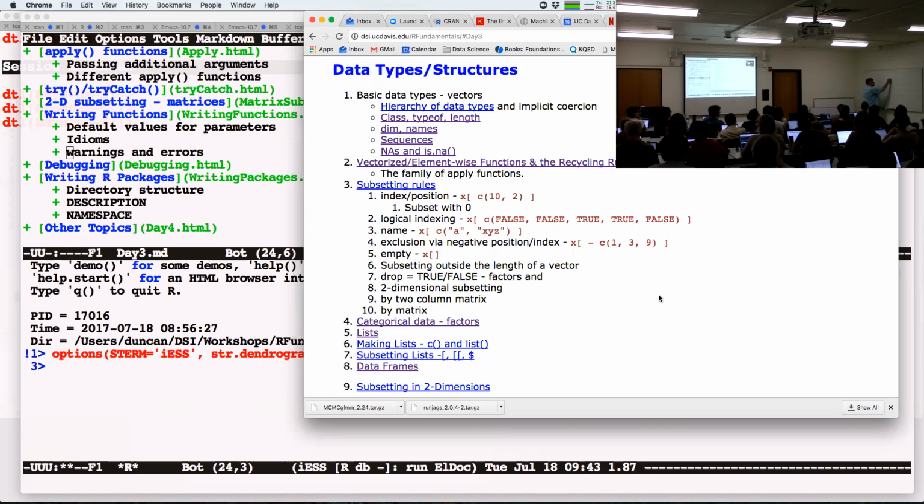So basically what I can do is I can say rep. What can I rep? I'm going to rep 0, 10, and 30. How many times? 5, 7, and 13. Okay, and that will replicate 0 5 times, 10 7 times, and 30 13 times, to give me this vector here.